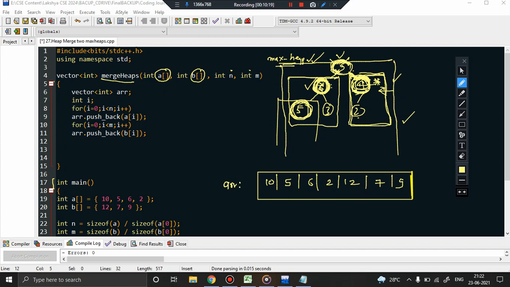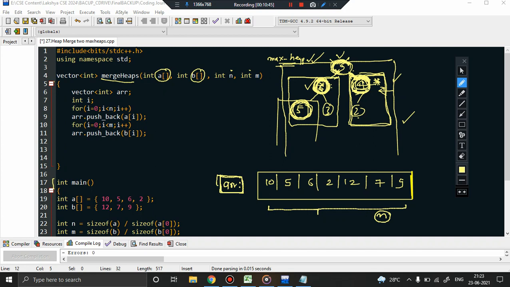Now what I'm going to do is apply the max heap property, or perform the heapify operation here. But if you remember, before heapifying, we first locate the last non-leaf node. We have already discussed this in the build heap video, where we discussed the problem of creating a heap.